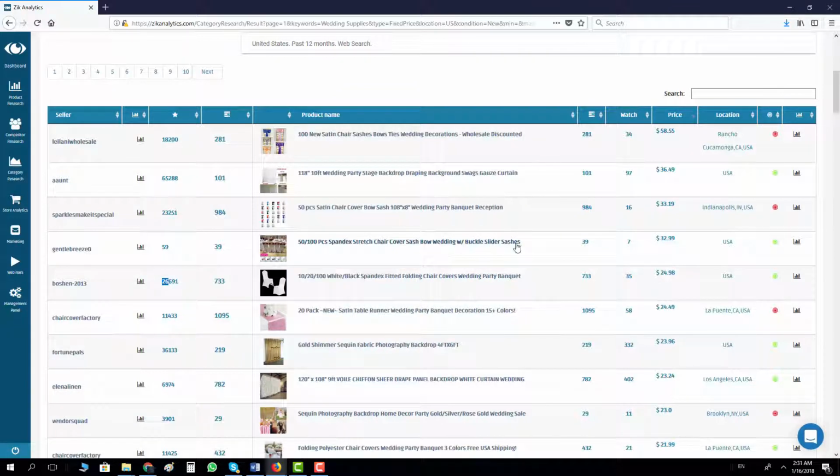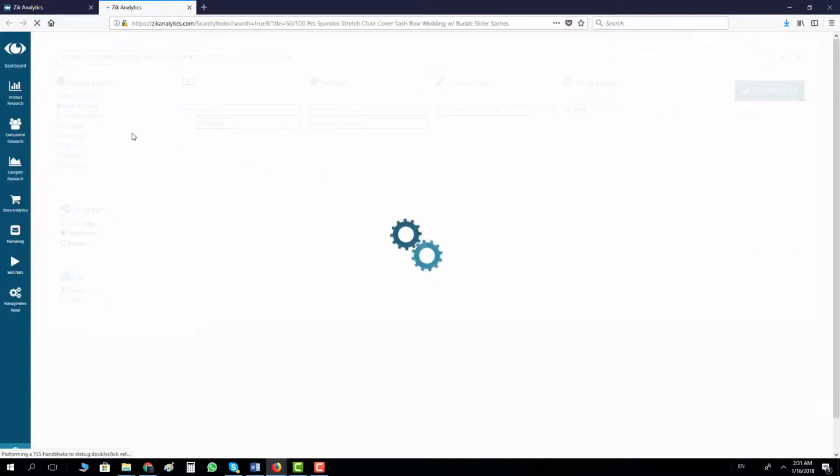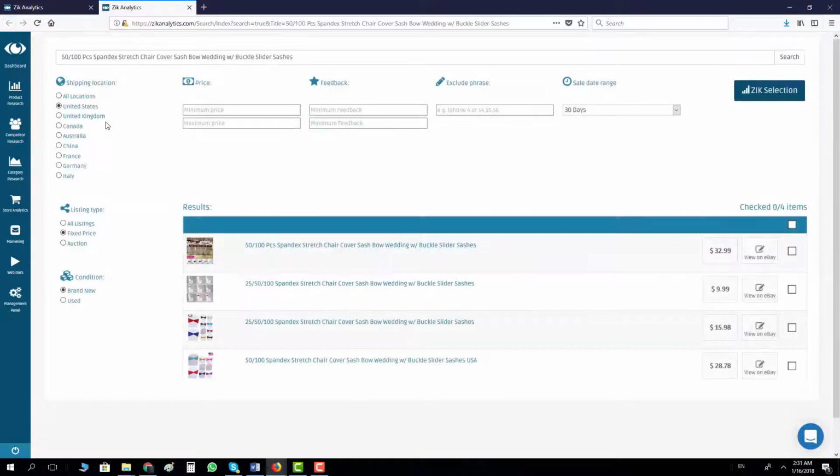What we do is we go in here, we click on scan product. It will automatically open the product research, and we'll scan this title. We scan this title, we get a very specific result. As you can see, 4 items sold with this title. There is no brand in this title. So basically, if you can find a similar item on your supplier and use this title with little changes, you have only 4